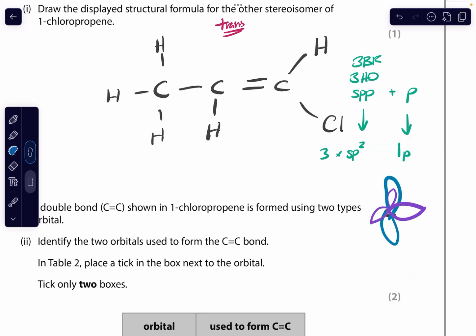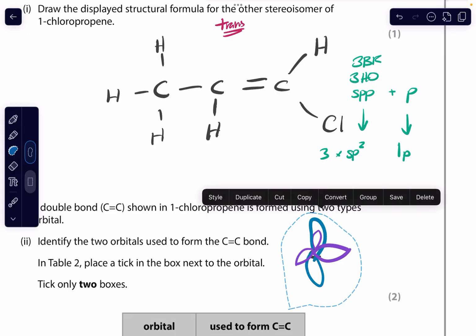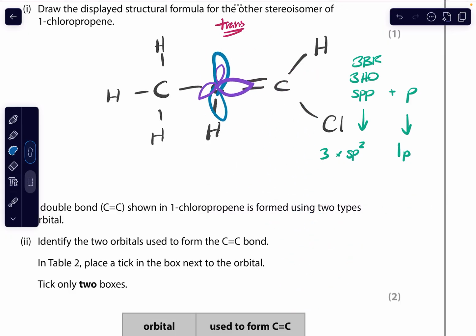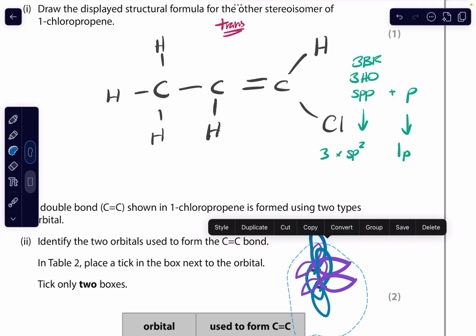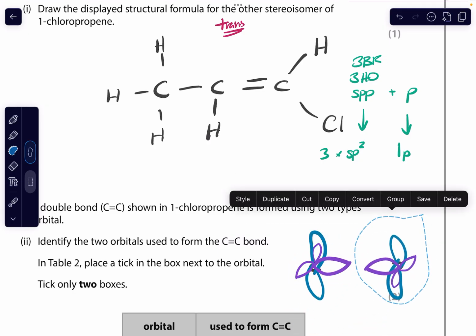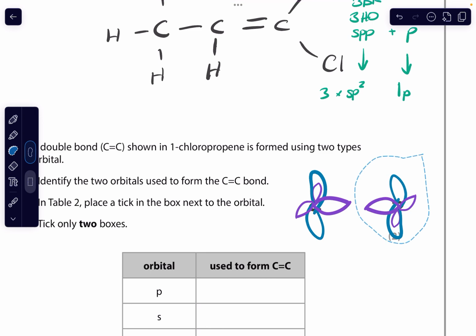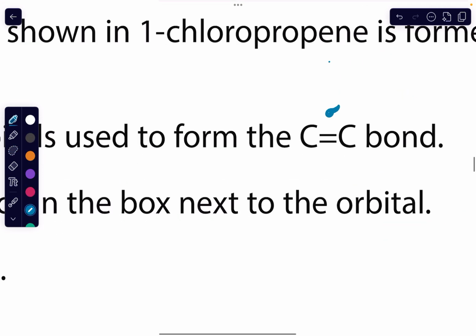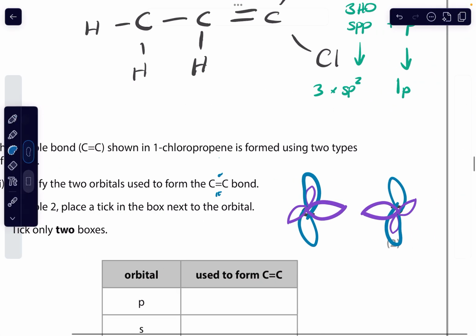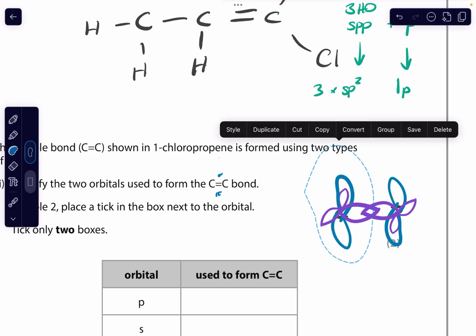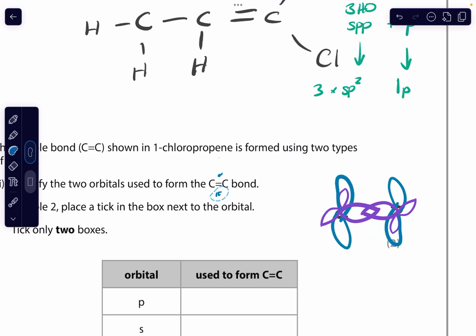Right. When this comes into contact with another carbon of the same hybridization, so that's this carbon right here, let's look at this one. It's the same, it's just upside down. So I'm just going to flip it. What type of overlap forms that C=C double bond? Over here, I've got a sigma bond, and over here, I've got a pi bond. A sigma bond is head-on overlap between the sp2s, look, and there's the head-on overlap. The pi bond, however, is a side-on overlap from dumbbells, from the p orbitals. So there's my p orbital right here, there's another p orbital right there. They're going to side-on overlap, and that's going to result in a pi bond, which gives us our final part